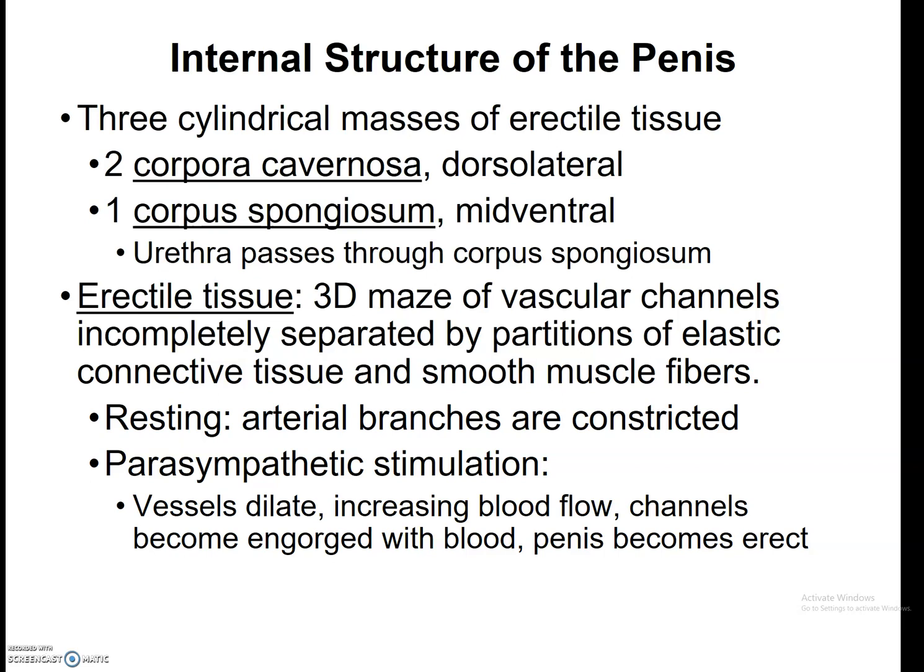So the internal structure of the penis, like I mentioned, there are two masses or layers of erectile tissue, the dorsolateral, the two corpora cavernosa, and the one corpus spongiosum is mid-ventral, so it's underneath the ventral surface of the penis. And the urethra passes through the corpus spongiosum, and I'll show you that in a few minutes. The erectile tissue itself, the corpora cavernosa and corpus spongiosum, is basically a bunch of vascular channels that contain lots of connective tissue and smooth muscle fibers and arterial branches of